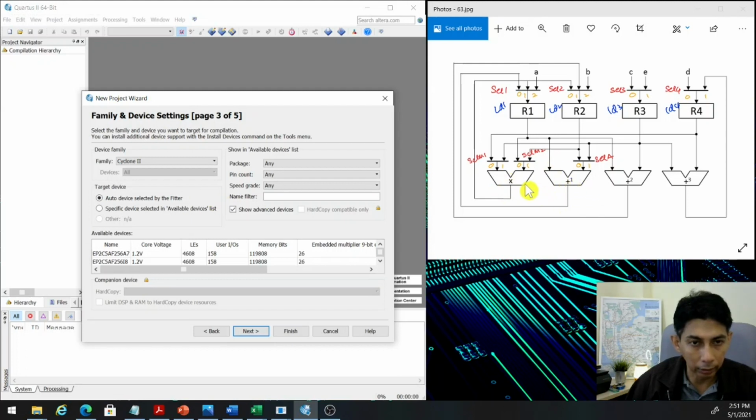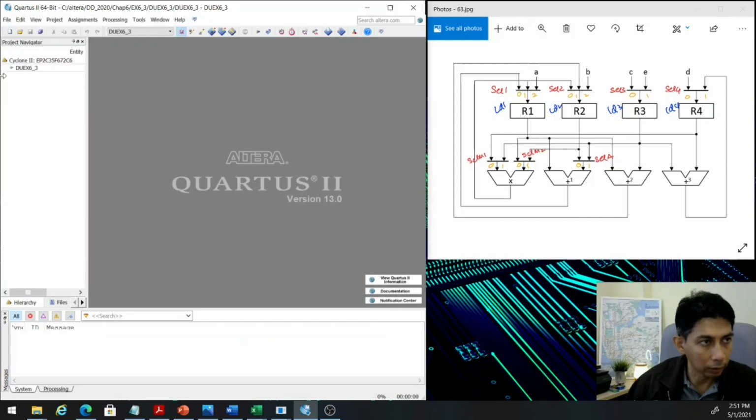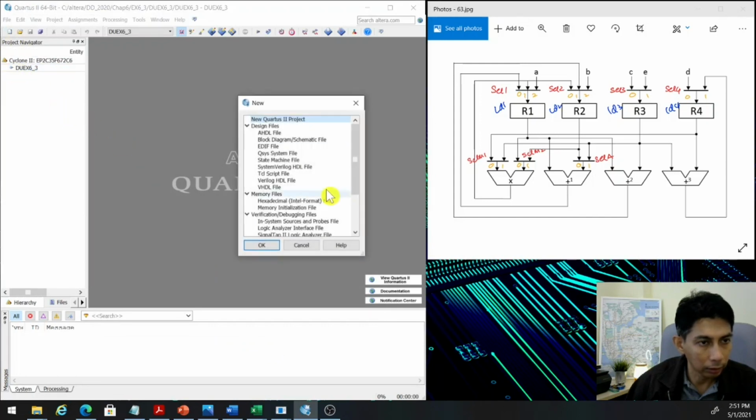This is the internal IP circuit from the Quartus 2, so it's better to have the hardware or correct device selected here. All right, the one that we have, and this is,